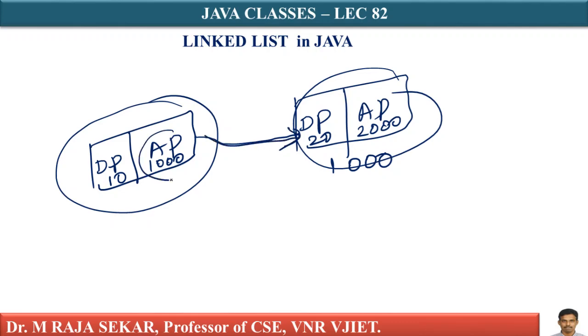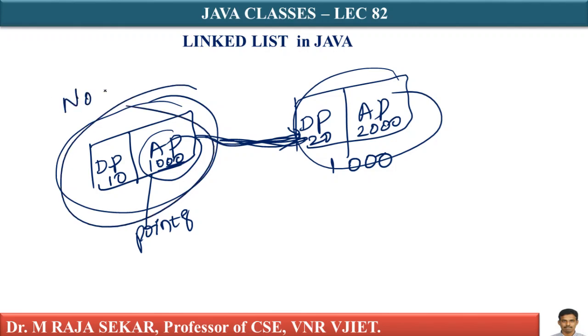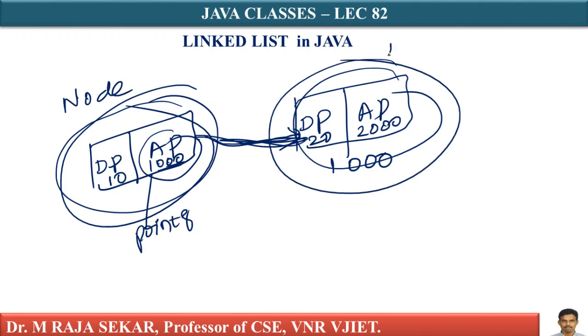What is this link? Basically, it is a pointer, isn't it? It points to the address I am keeping, 1000. Therefore, this link will search for a node whose address is 1000. The elements are linked using pointers. Each element is known as a node. This element is a node which has got two parts, data part and address part. This element is also a node which has got two parts, data part and address part, isn't it?